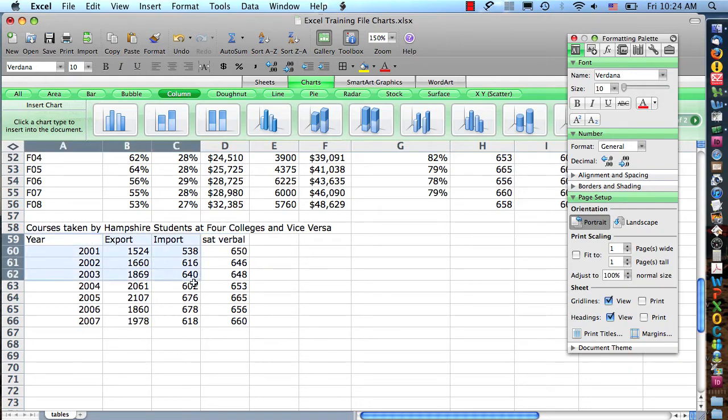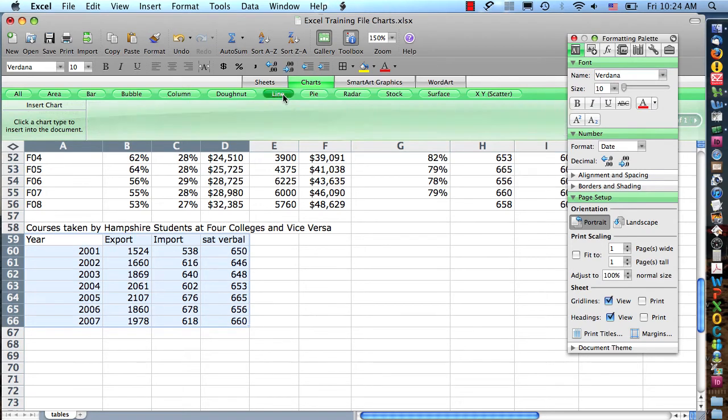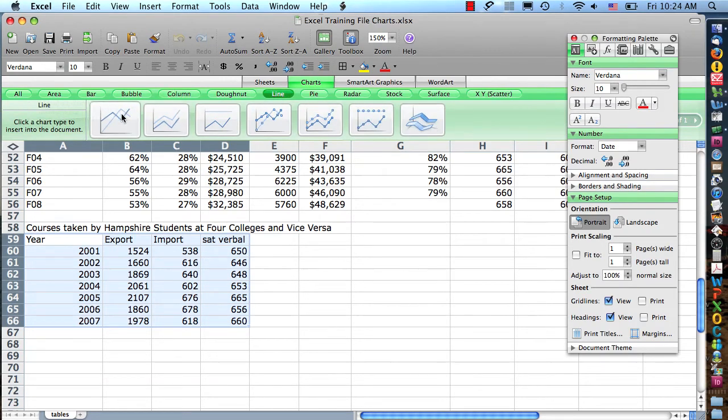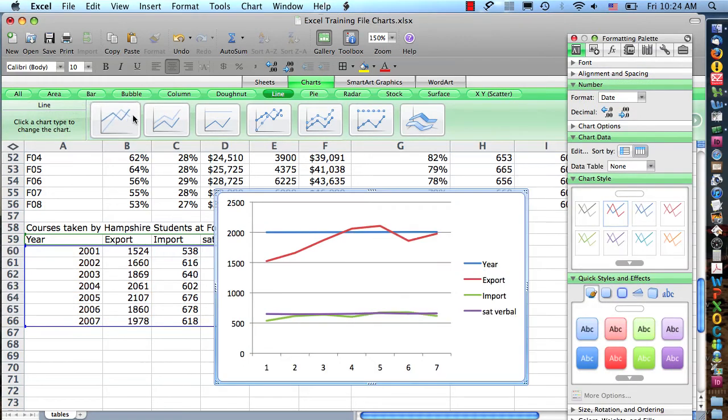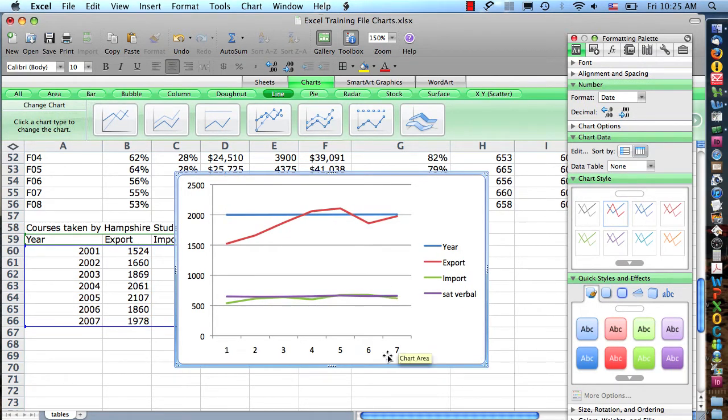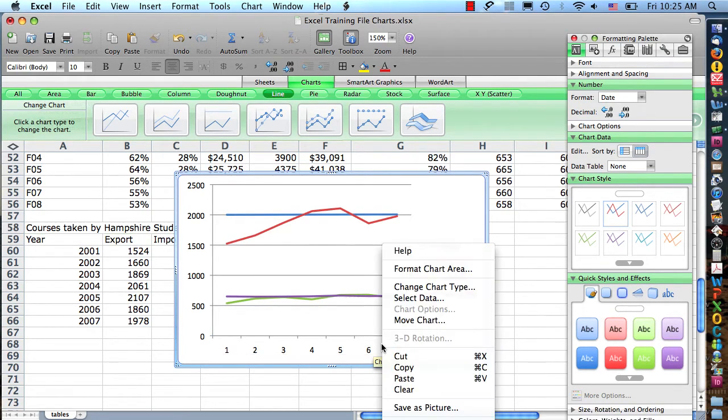So I'm going to start by selecting my data range here. Let's try this as a line chart. And this is a good example because Excel did not really set this chart up the way we wanted it. I want this to appear with years here as the horizontal axis. To fix this, I can right-click the chart, say Select Data,